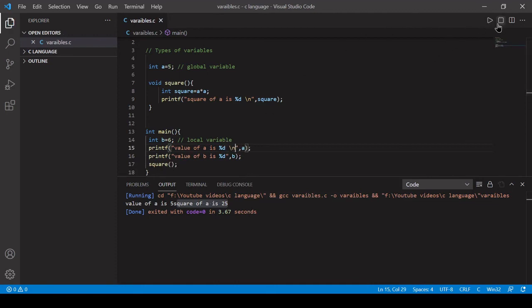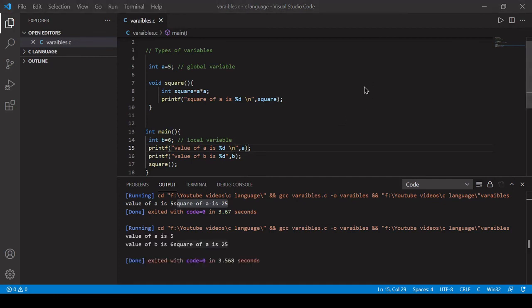Run this program. You can see value of a is 5, value of b is 6, and square of a is 25. Okay, we need to give a new line here also. Let's give the new line and see.